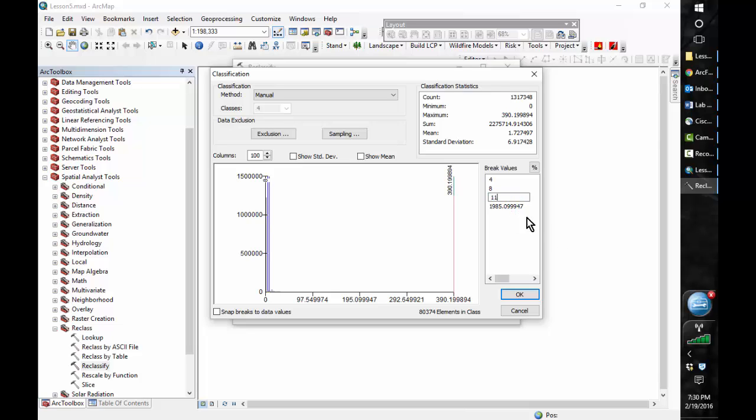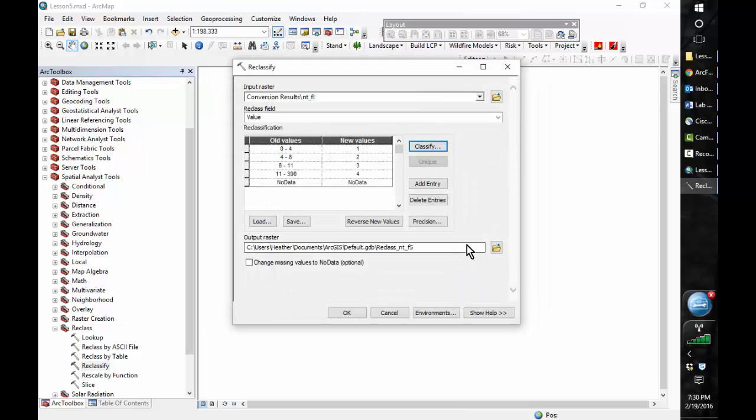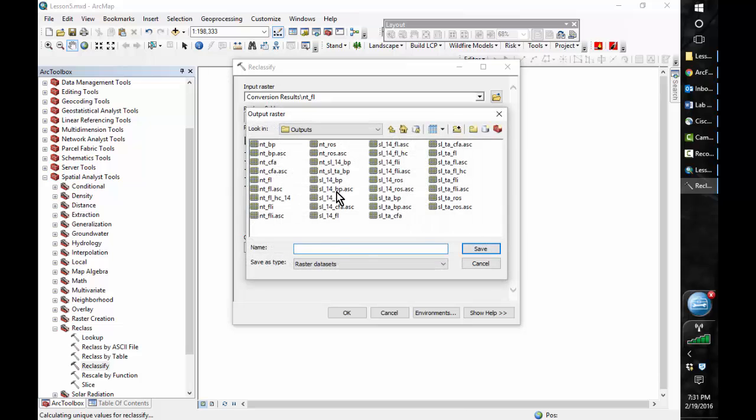And you can see we have some pretty crazy numbers here. I'm just going to bring this down to the scale of the previous one, so I'll go to 390 for that, and click OK, and label this in my outputs folder NT